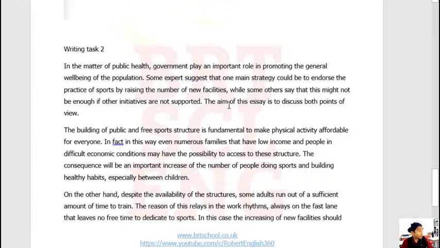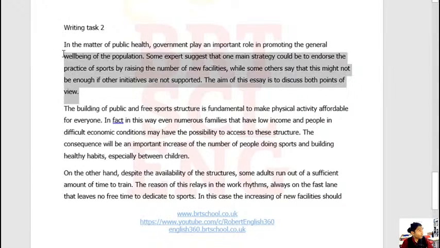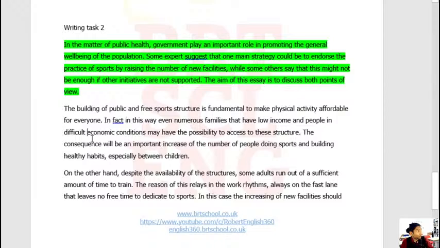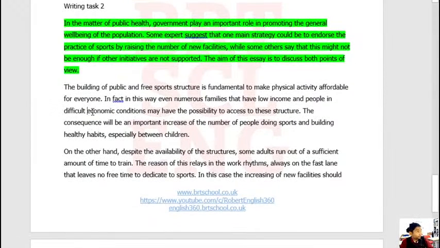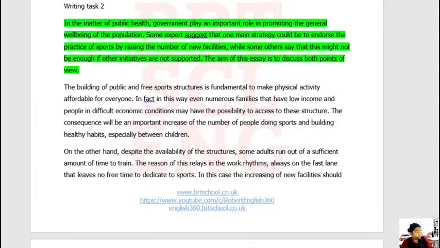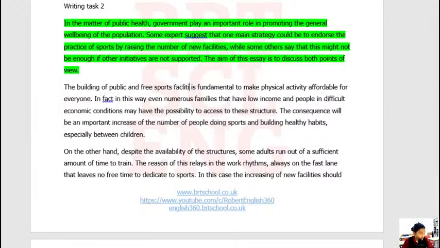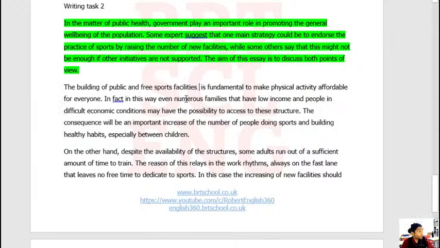Okay, the aim was, yeah, that's okay. At this point, this is a decent introduction. The building of public and free sports facilities, maybe the right word. Facilities is fundamental to making